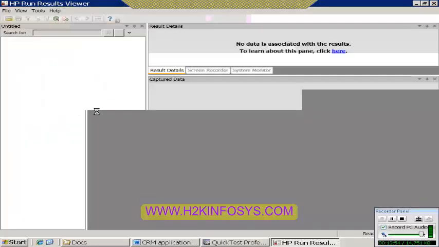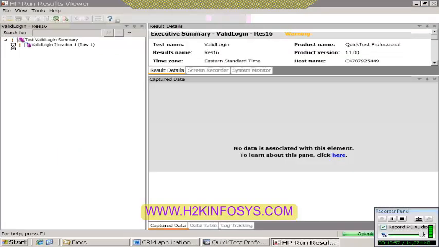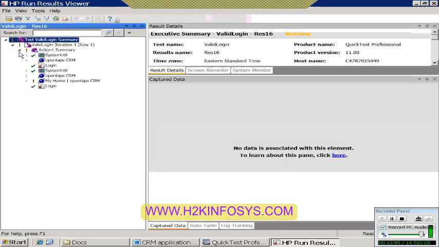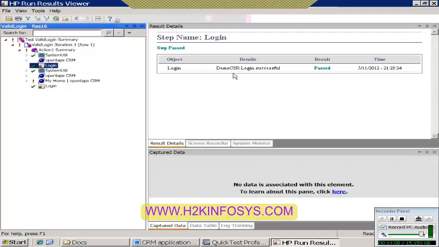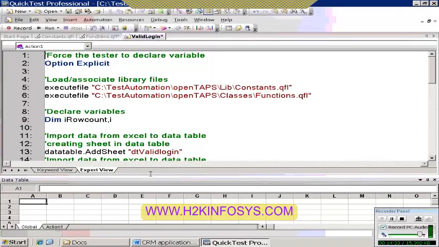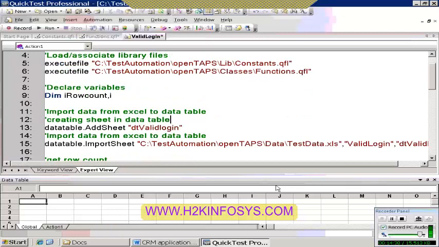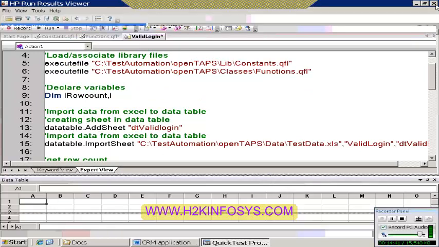And now you look at the results. Okay, so you see the first one, it says the demo CSR login is successful. And the second one says demo CSR2 login is also successful. So this way, whatever login is successful is going to be written into the results. This way, you can also customize the results. Okay, so any questions on this part? This is the basic script of how you can do it in the case of a data-driven framework,